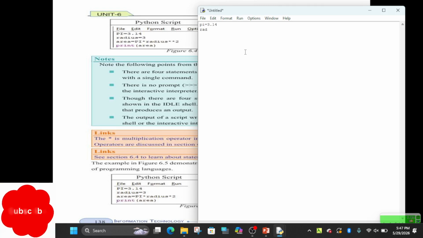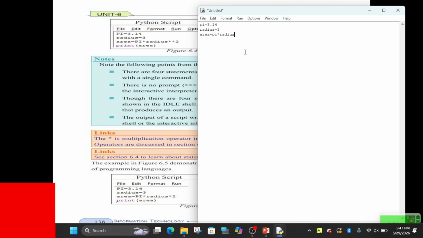Radius. Area equals pi times radius. This is the formula for the area of a circle.